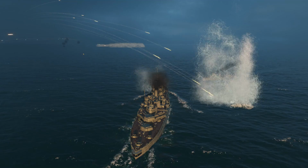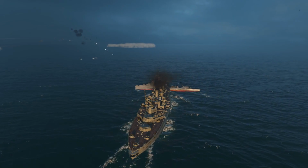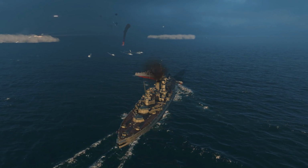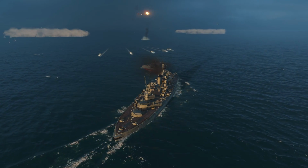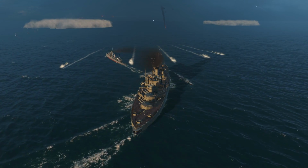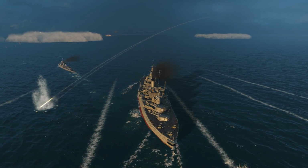Now, before we go any further, I'd just like to give you an example of the kind of ferocious beating that this ship can take. Please ignore the idiot in the Nicholas-class destroyer in front of me who wasn't watching where he was going. And I make no apologies for this. He does actually manage to, by some miracle, get out of the way, but I'm turning to avoid being torpedoed,